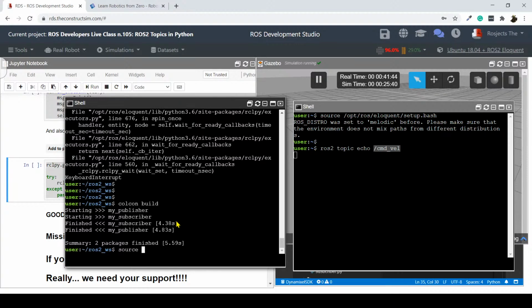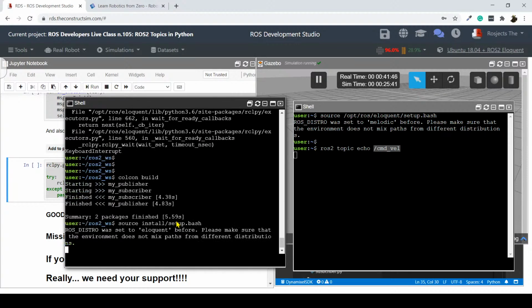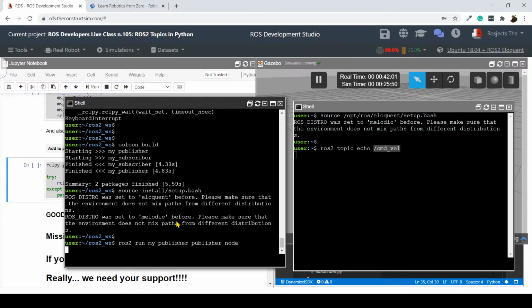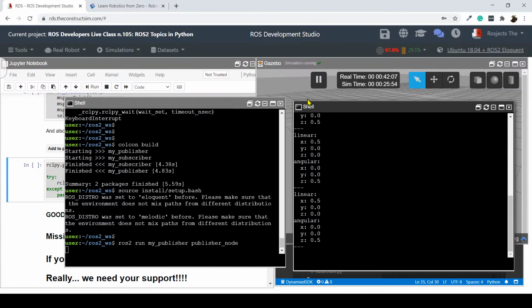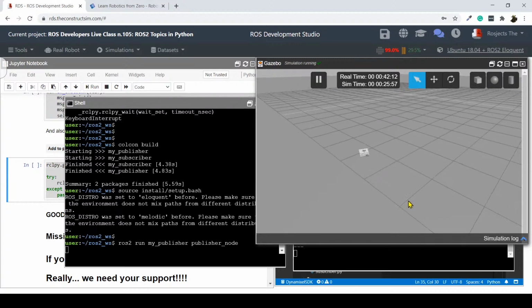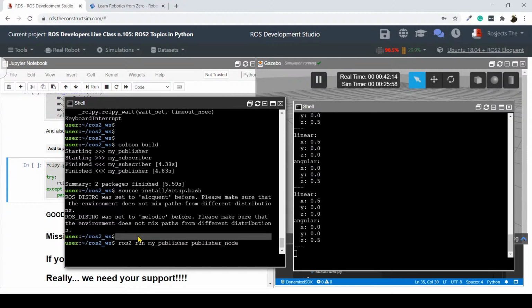Then I'm going to source my workspace and start the new publisher node which I have created. There we go. So now I'm going to start publishing velocity messages into the command bell topic. I'm going to see them here, and the robot is going to start moving, as we can see. But now, when I stop my program with Control-C here,